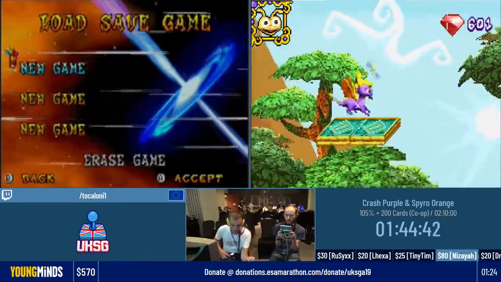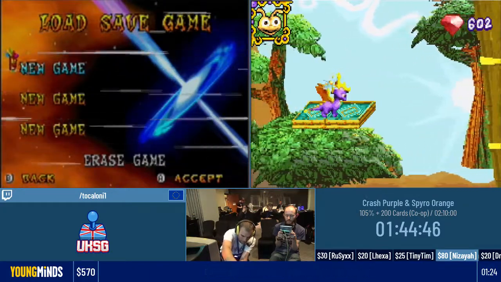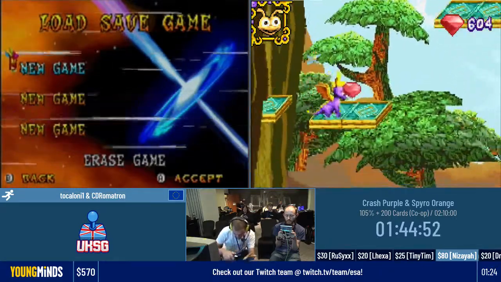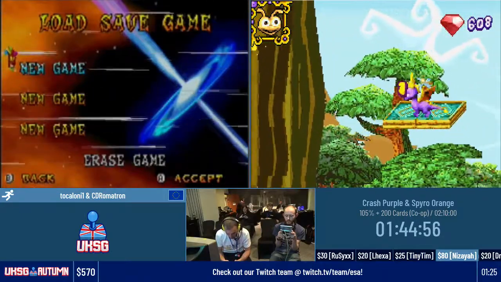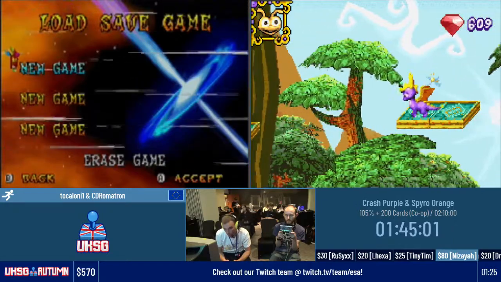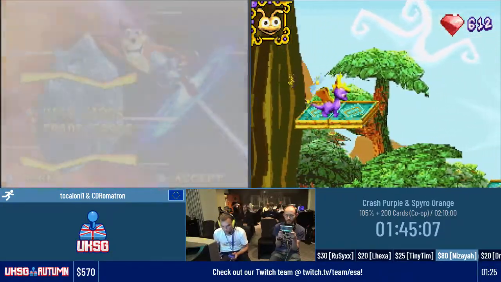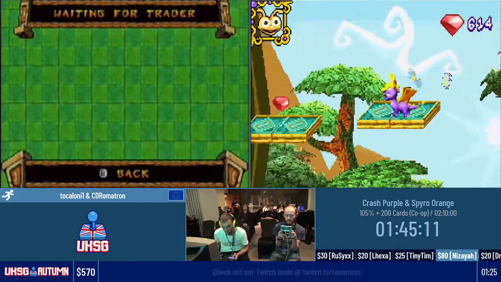So what I'm doing right now is I'm linking the empty Crash cartridge to my filled one, which will give both of them the unique red Crash card you get from linking. Just linking, don't have to trade, just link them. So it's trading, trade, trading, trade, waiting,